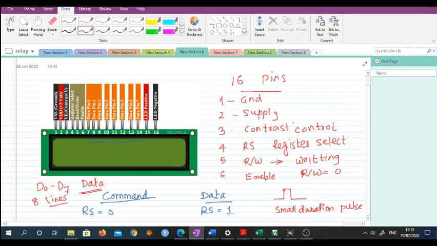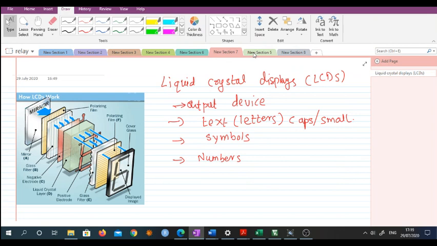They are given as an internal backlight supply for this LCD. When supply is given to the positive and negative terminals of the LCD, the display gets its internal backlight, and then we are able to see the text or displays, because this display gets excited, and for its excitation we require some supply. So this is the internal pin diagram of the LCD. There are total 16 pins. Please remember this. This is the internal architecture.